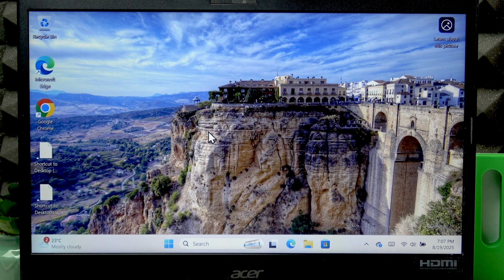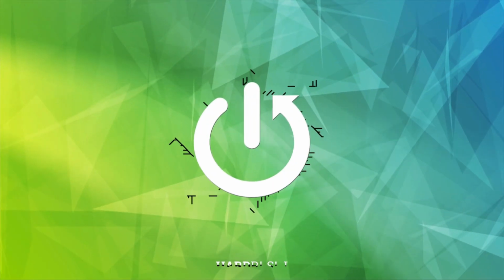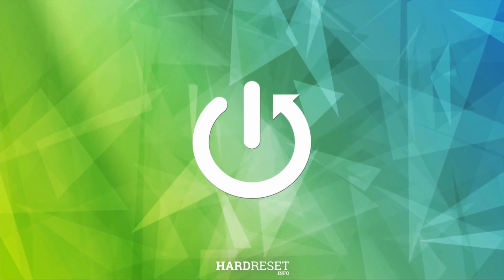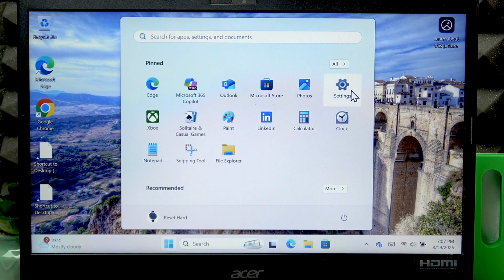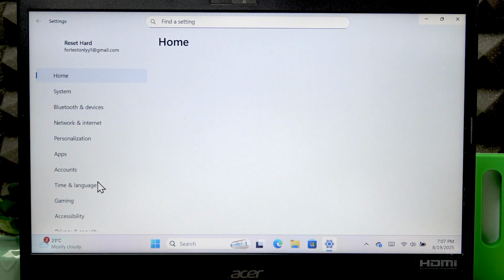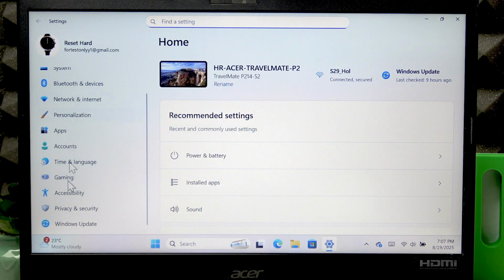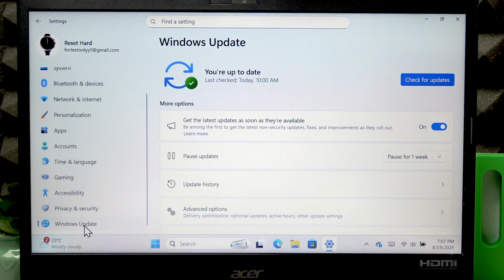Welcome, in front of me is ACER TravelMate P2, and in this video I will show you how to update Windows on this laptop. To do that, you have to open the Start menu, then go to Settings, then scroll down this list and select Windows Update. Now, if you have any updates right here,